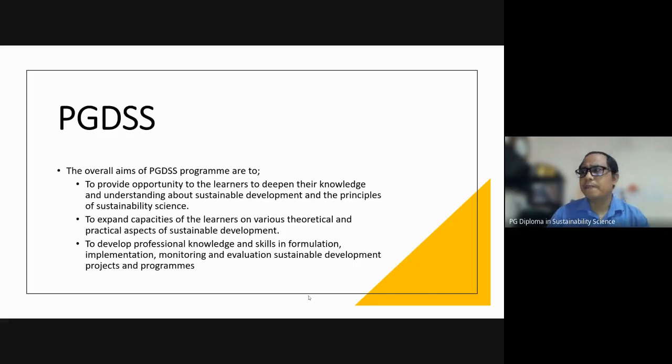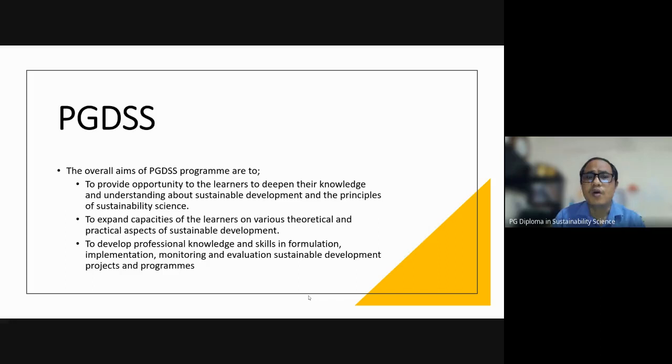In that way, Indira Gandhi National Open University developed this postgraduate diploma in sustainability science in the year 2010 under the guidance of Professor M.S. Swaminathan. In fact, it happened during the UN Decade of Education for Sustainable Development, and it was offered online at that time. An awareness program was first offered at that time,